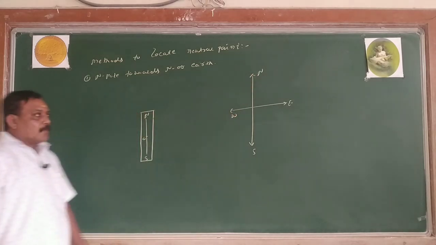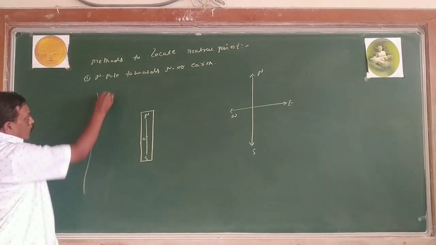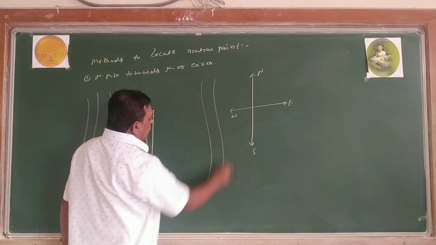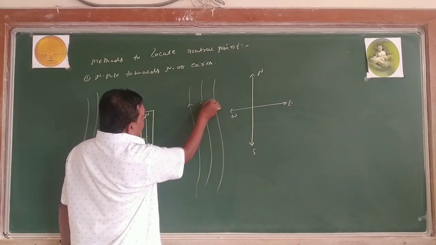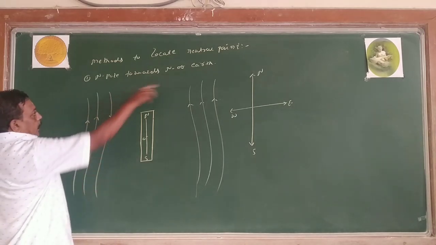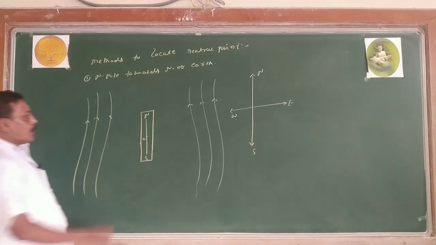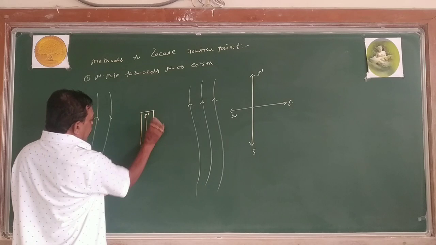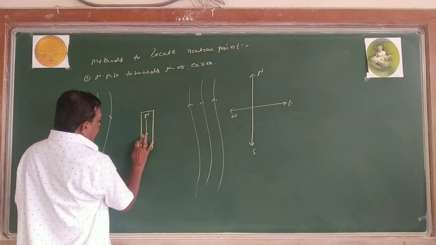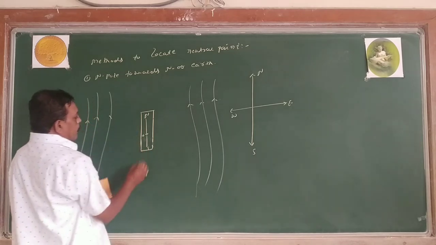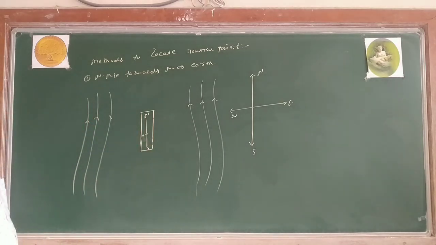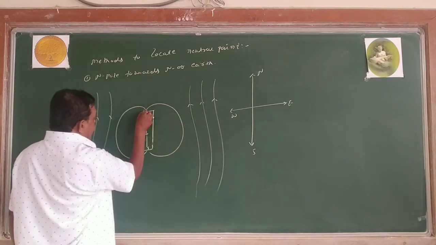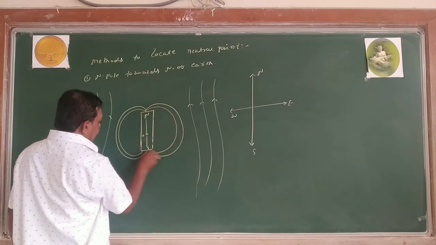Now these are the magnetic lines of force, non-uniform. Magnetic lines of force originate from north and terminate on south. Now this is the Earth's magnetic field, BH. The magnetic lines of force originate from north and terminate on south. I make it short. Center, this is south. These are the magnetic lines of force produced by what? The magnet.